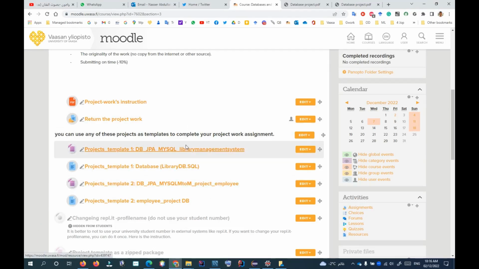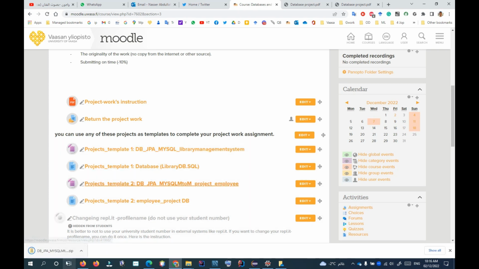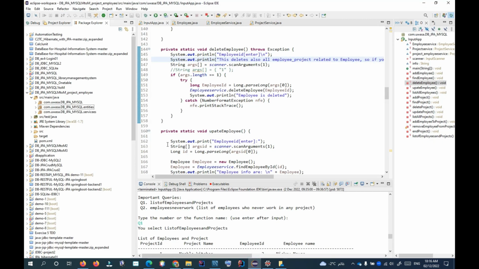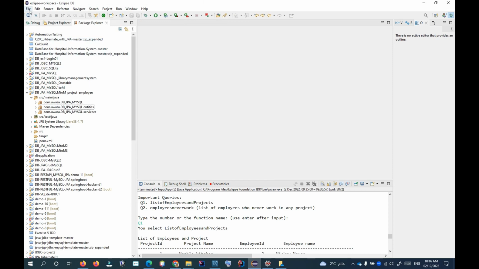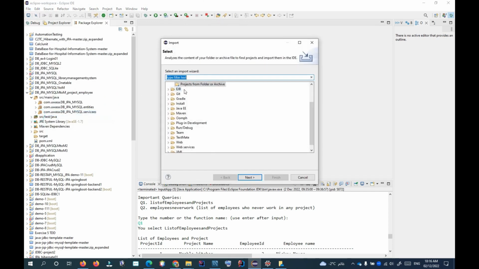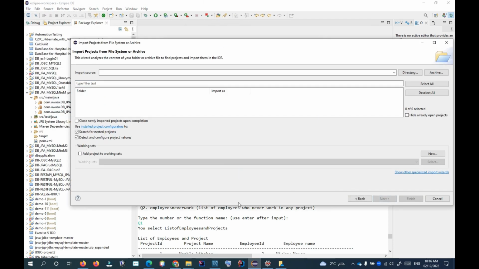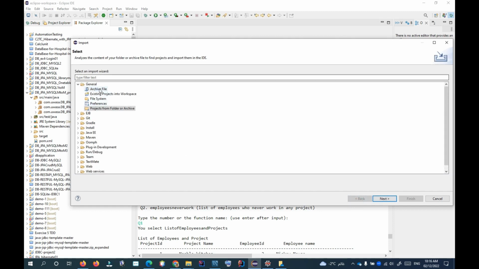So guys, after downloading these templates, you can add them to your database. Now we have it here. After downloading this template, you can add it to your Eclipse. For example, just go to import and then next, select to import it as a folder or project